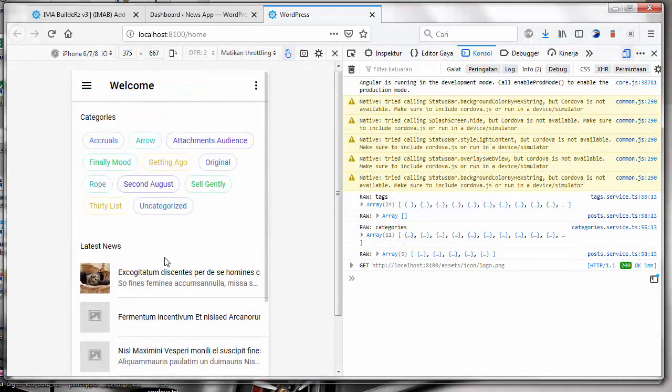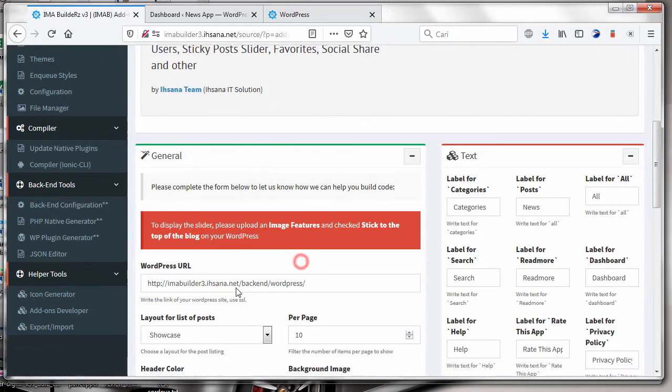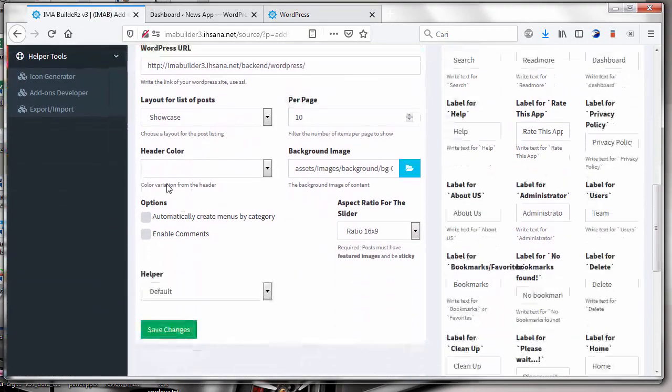We will change the color of the header color. This will affect the color in the status bar as well, and some text or menus.